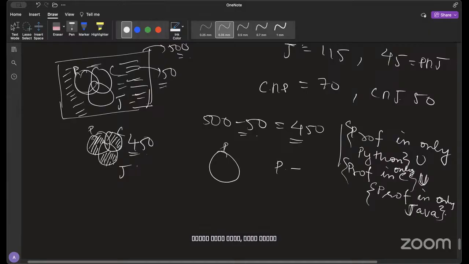Proficiency in only Python, which would be this thing. So I have this, no? You just have to find this one. So you'll have to subtract these parts. This you have to subtract, and this you have to subtract from here. Proficiency in only Python, only C, and only Java is what you have to find. The union of these three sets. So let's just come to the only Python part first. So only Python is